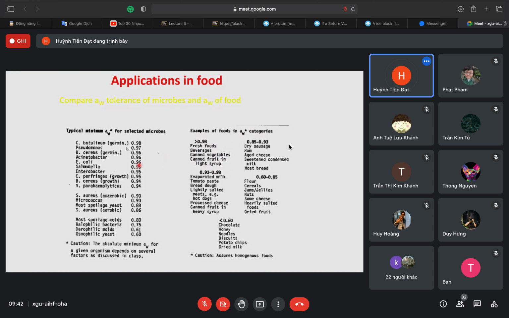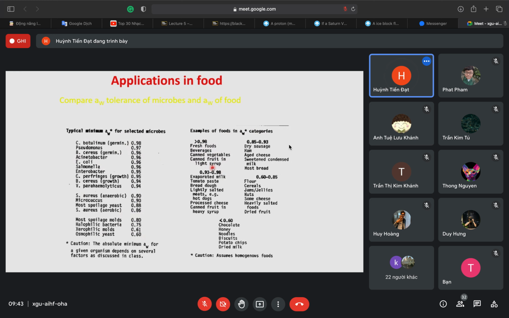Okay, have a look here. See this one? Almost. This one, they need more than 0.6. So this one over 0.98 means they don't need more, almost all of these can grow. So a lot of them are pathogens. So this group requires being very careful